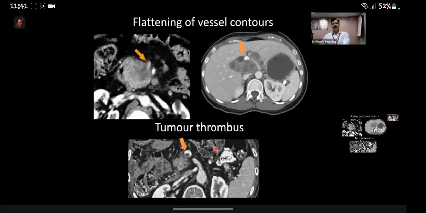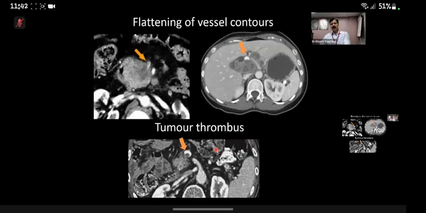And other signs which are also taken as signs of invasion: if a vessel is flattened like this, or there is a tumor thrombus, then you also say that this is abnormal. So these are the signs of vascular invasion. Please remember that